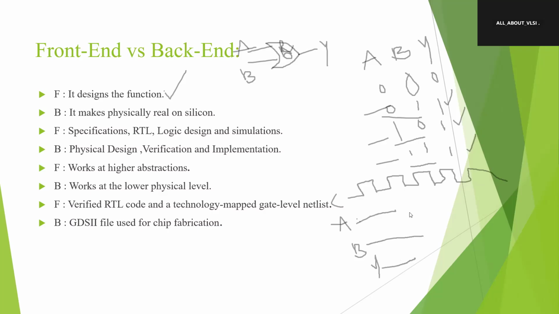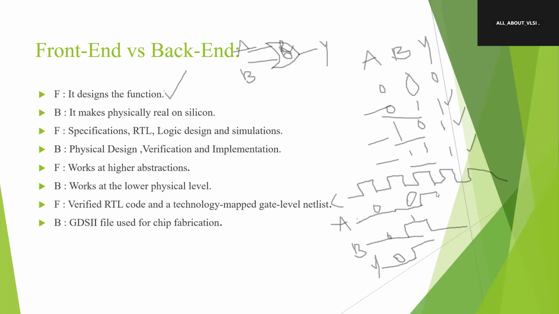After that, another input, this one also 0. A is 0, B is 0, in this case we are getting output as 0. And after that A is 0, B is 1, and in that case we are getting output high. So here high. And after that